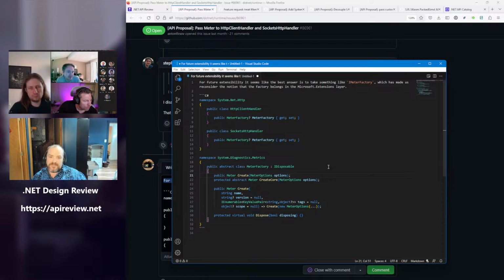But that's not necessarily true, right? Because in my test, I'm going to new up a meter at the top of my test, which I'm eventually going to return from the factory via a mock setup return. And then at the end of my test, I'll dispose the meter because I newed up the meter. But you're passing a factory into HttpClient, which will call it with a new name, and it won't be the same meter that you gave. Or if it does, it'll get angry: hey, I created this with the name System.Http, and that's not what I got back. I guess it depends on how you write your tests.